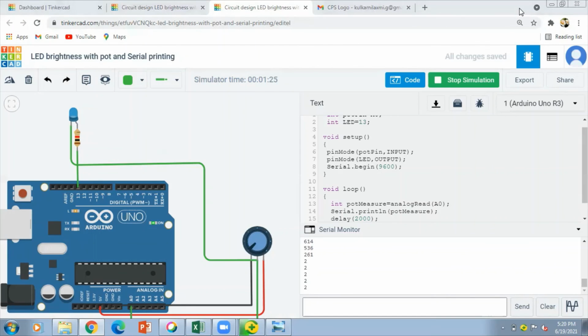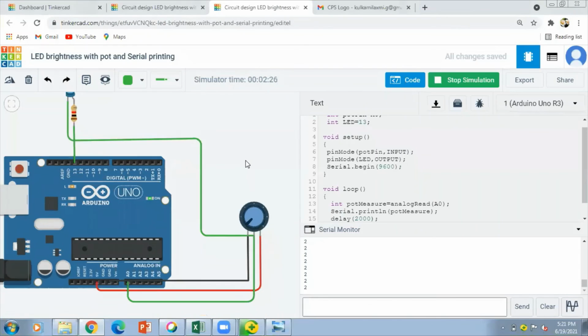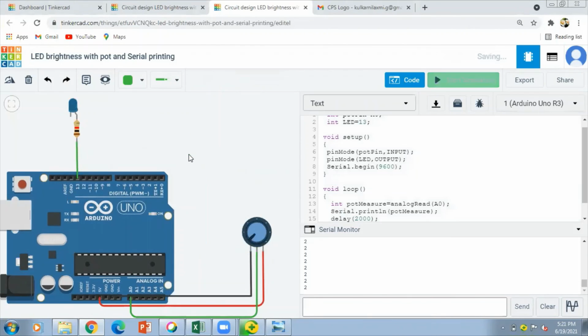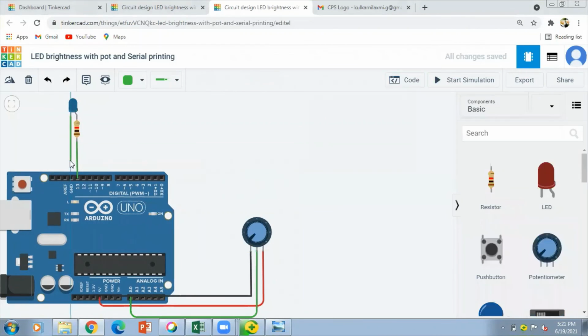Now next we'll check mapping. The concept of changing the brightness of the LED using the pot, without direct connection of the wiper to the LED, we will see with the mapping technique. There, we are going to delete this wire and directly connect the cathode to the ground.